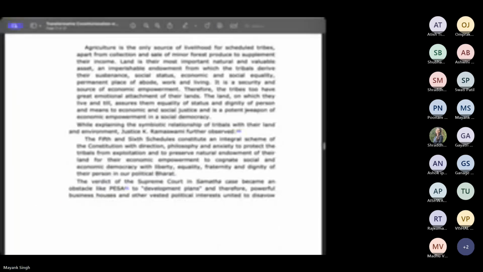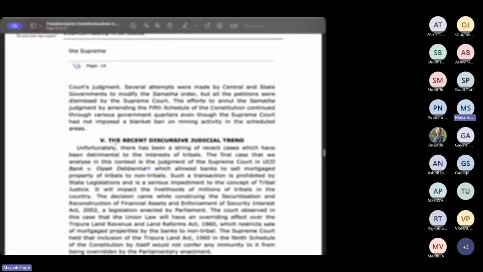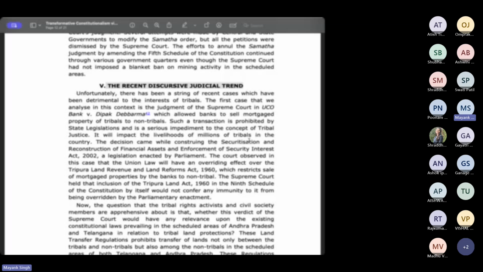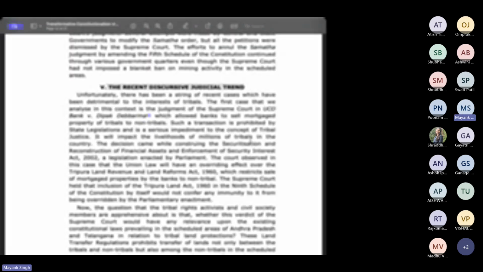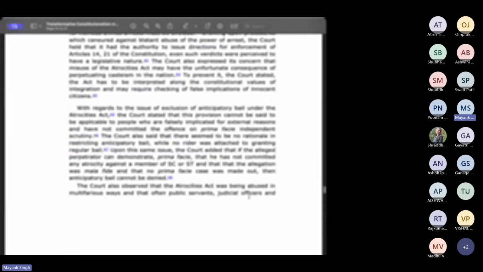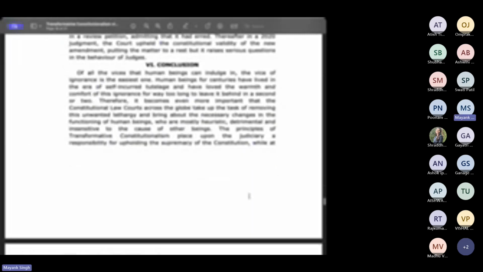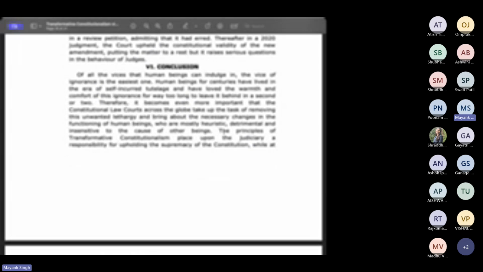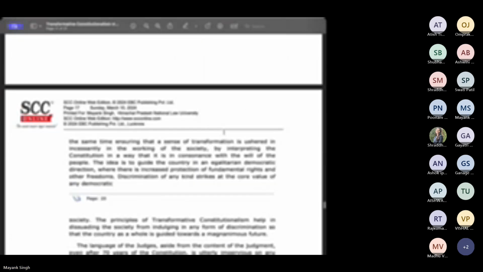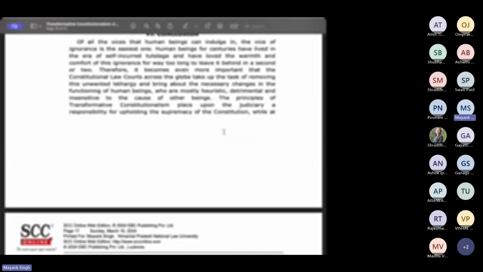Then comes the recent discursive judicial trend. Here he has described many discursive judicial trends, what the Supreme Court, the High Courts or various courts of the country have said about this tribal justice in India relating to constitutionalism. Then after that, they have the conclusion. In the conclusion, they generally conclude all the cases, all the material, all the information they have gathered